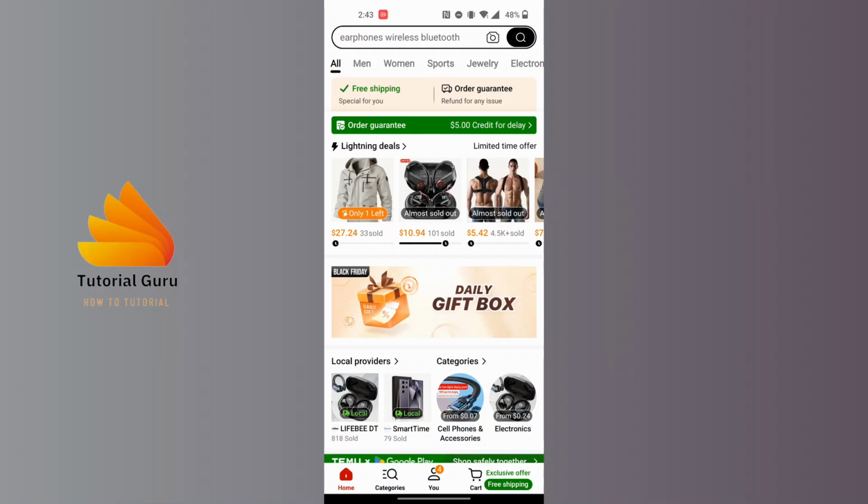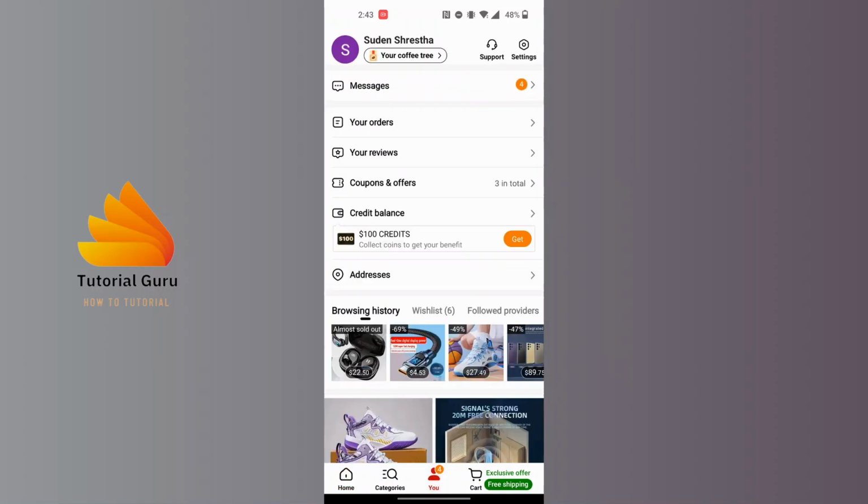After opening your Temu app, guys, on this interface at the bottom of the screen, you can see the U button available for us just beside the categories. Tap on the U button at the bottom middle section of the screen, and this kind of interface will appear